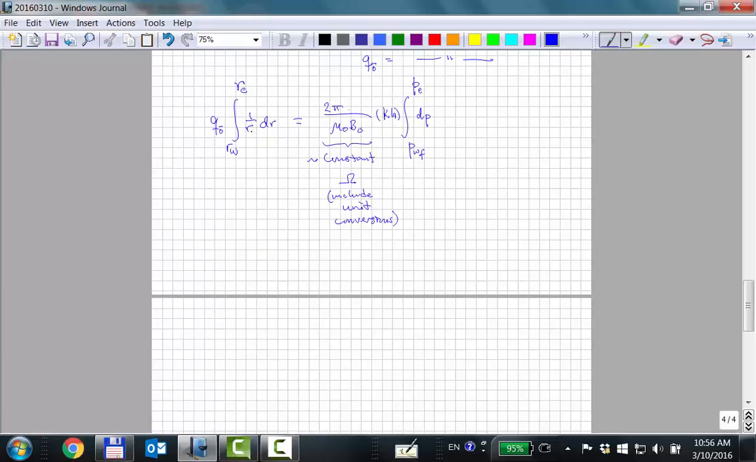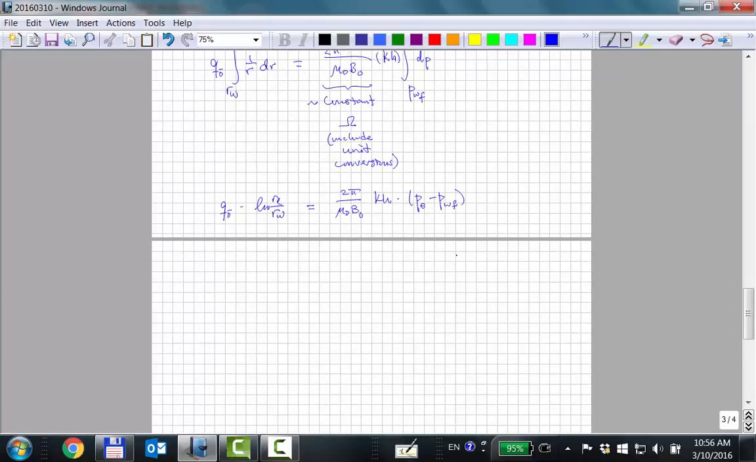And everybody remembers the integral of 1 over r. So you've got QO log of RE over RW is equal to this 2 pi KH over mu O BO times PE minus PWF. So then we can write the final equation as 2 pi